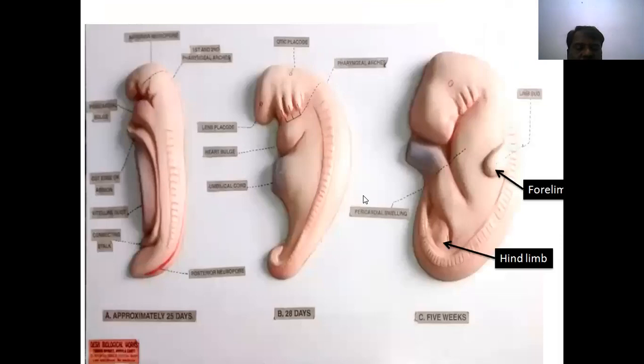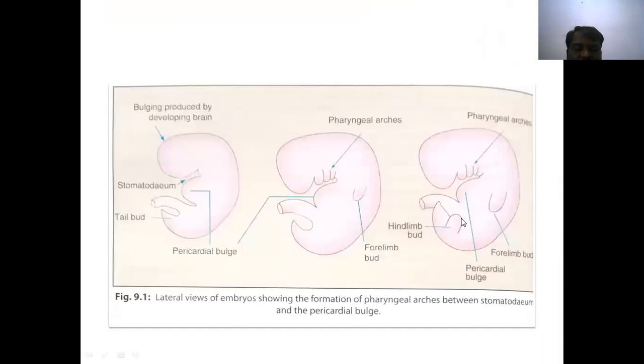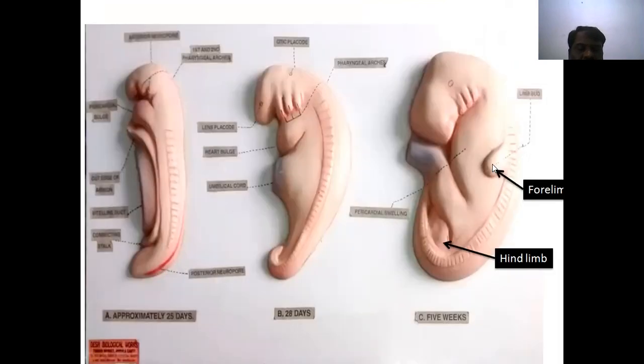So lower limb development, upper limb development, limbs development. See here, the forelimb bud develops, the hind limb bud develops on either side of this trunk, and we can identify the forelimb buds and hind limb buds. So how is it formed? Just see this forelimb bud and hind limb bud. That is a model. Not only this, the pharyngeal arches development, face development, everything is there. But we are showing here the forelimb buds and hind limb buds.